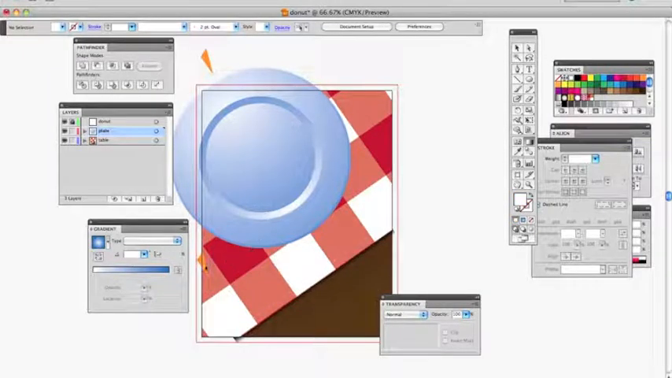That looks perfect. I'm going to get rid of this. I'm going to leave the light source here for a moment. What I've got